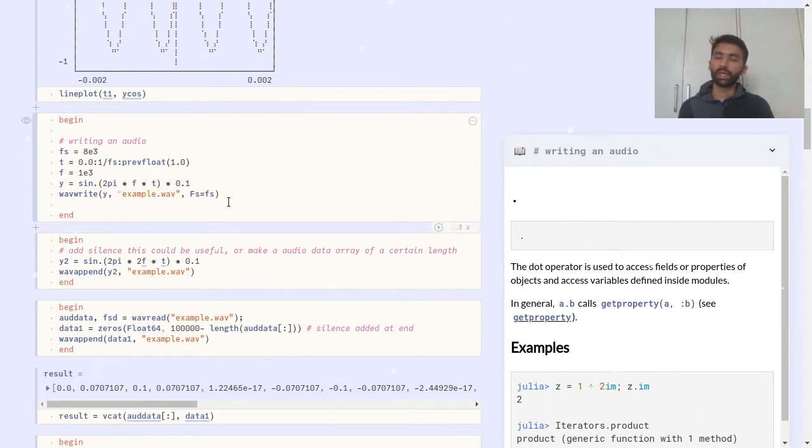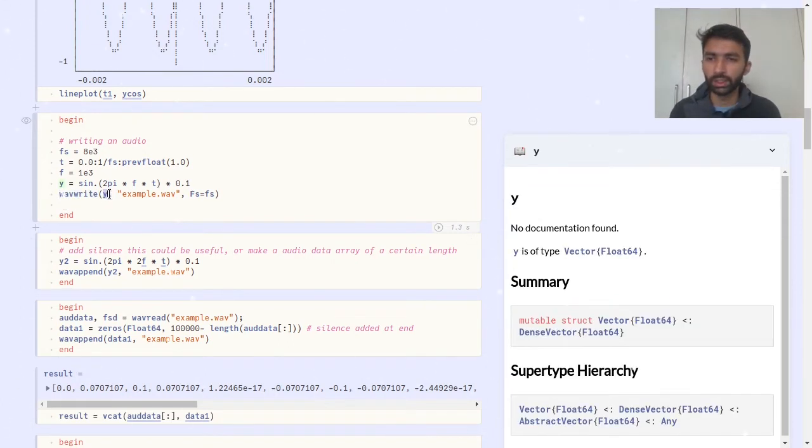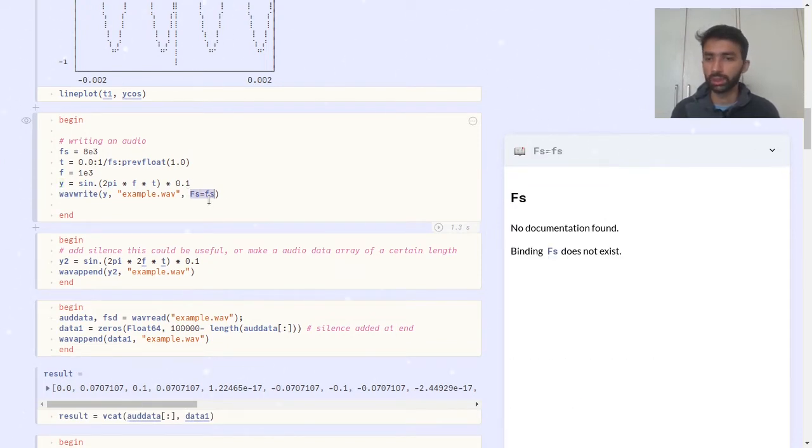Next, moving on to the next part is writing an audio. Suppose we have an audio, we have the audio data, and then we have its T1 data. What we want to do is sometimes save that particular audio. What we can do is use wavewrite and save it into a wave file. We can also use libsndfile, which can be used for saving in different types of formats, but I'll be using wavewrite only for this version. We have to specify the audio data, then the name, and in the keyword arguments we can specify the sample rate.